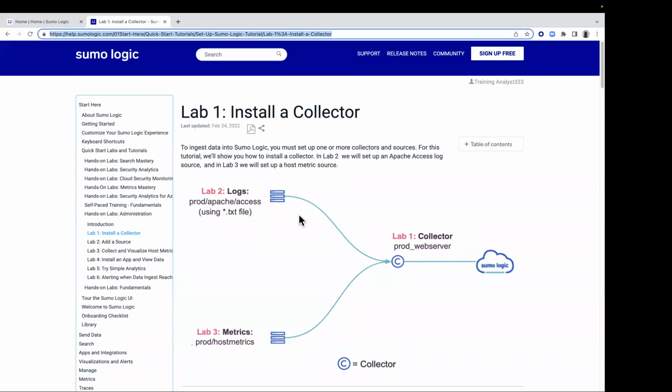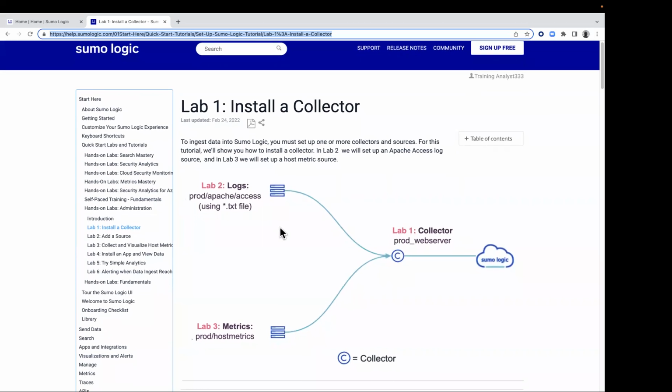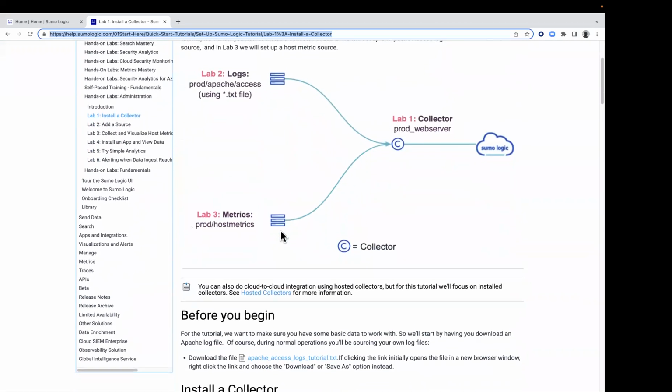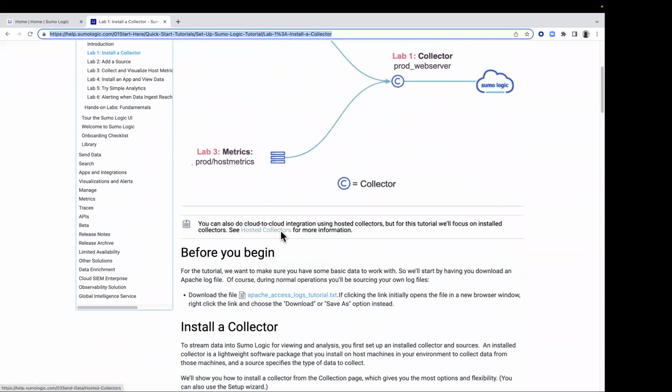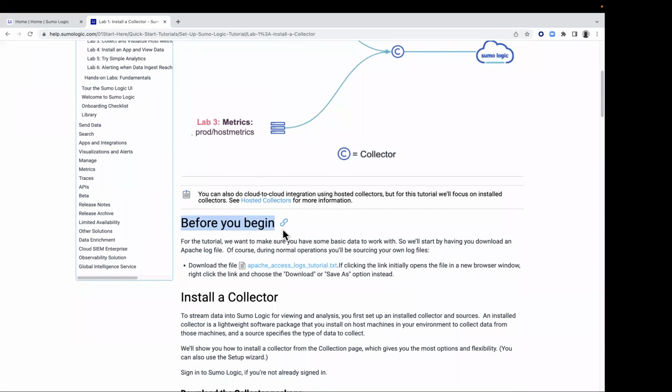All right, so again, in Lab 1 it gives you a screenshot of what you're about to do. You're going to create a collector. First, we're going to download a file. If you're following along with me, I'm going to lead you through these labs. You'll see it says, before you begin,